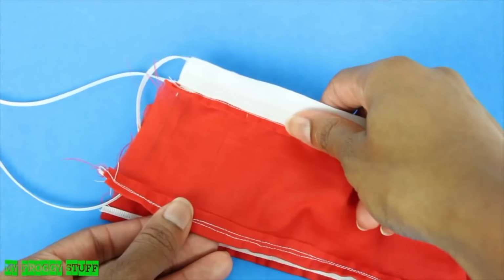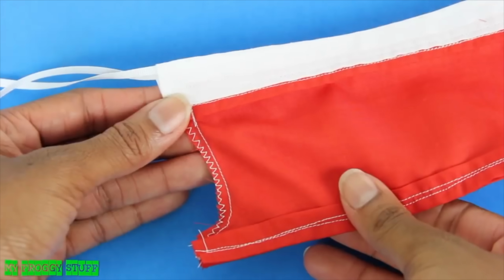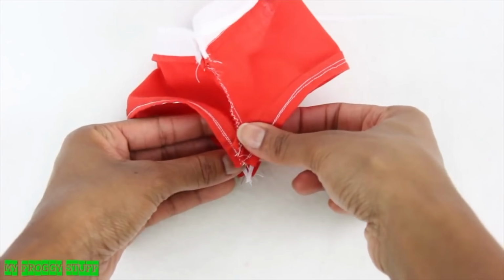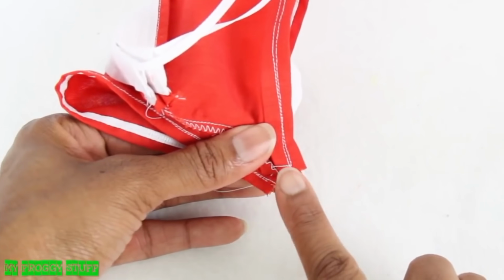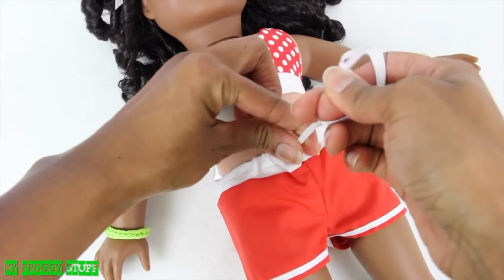With the good side on the inside, I fold the fabric over, then sew on the line drawn. Trim off the excess and clean the edge, then open them up, matching up the center seams. Sew a line straight across, flip them right side out, place it on the doll and pull the drawstring, tie